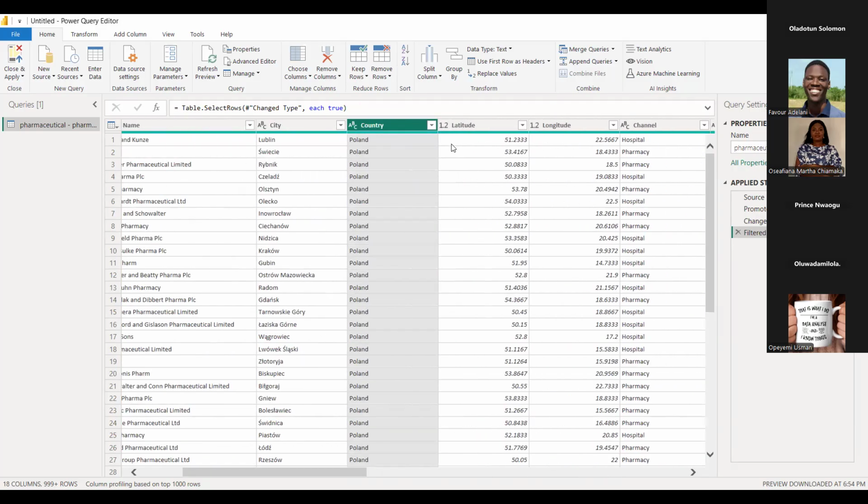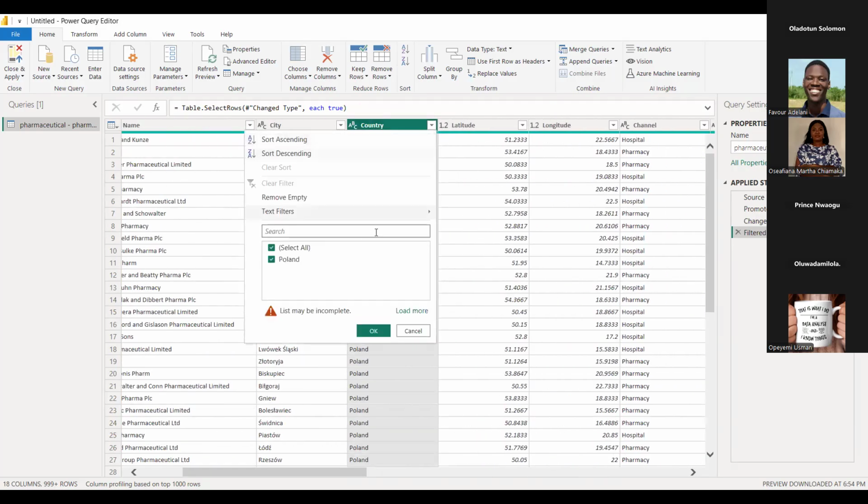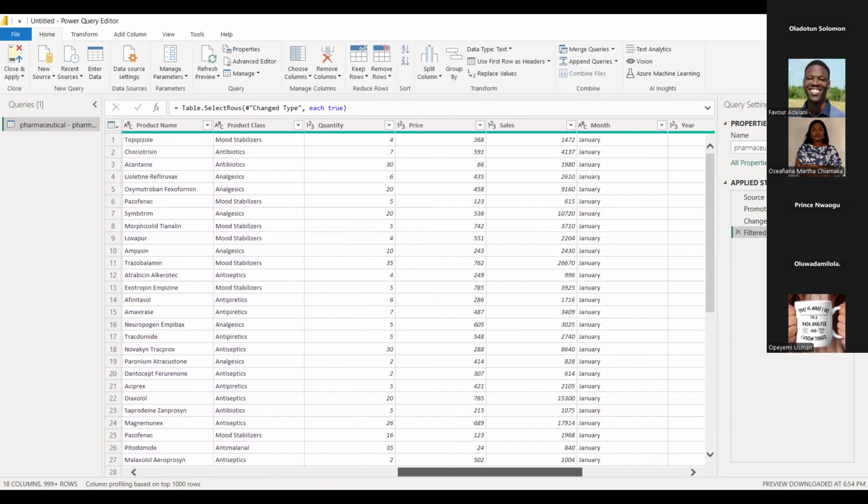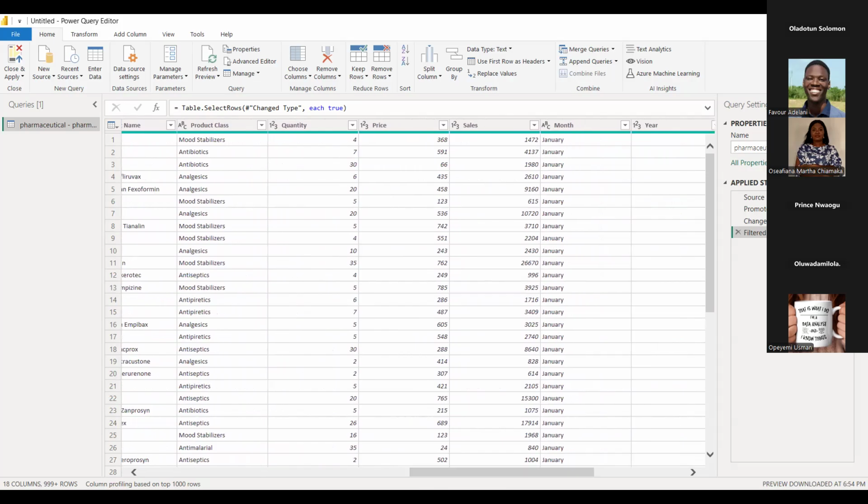And we are going to go back to the country column and check the countries that are listed here. We have 2 countries, Germany and Poland. Now, Germany and Poland are both European countries. So what does that mean for the sales and the price columns? Anybody? What currency are we going to be changing it to?